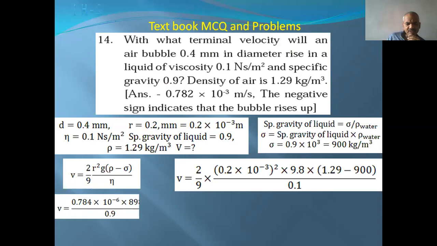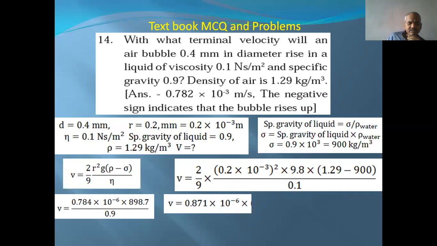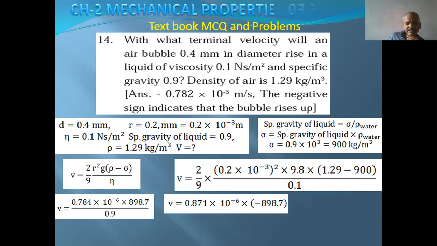To calculate all these, we first multiply 9 into 0.1, you get 0.9 in the denominator. 9.8 into 2 into 0.2, 0.2 into 2, that is 0.4 into 9.8, you get 0.784. And the subtraction, 1.29 minus 900, it is minus 898.7. Okay, here also you can easily divide this 0.784 by 0.9 orally. You get the answer 0.871 into 10 raised to minus 6, and in bracket the negative value